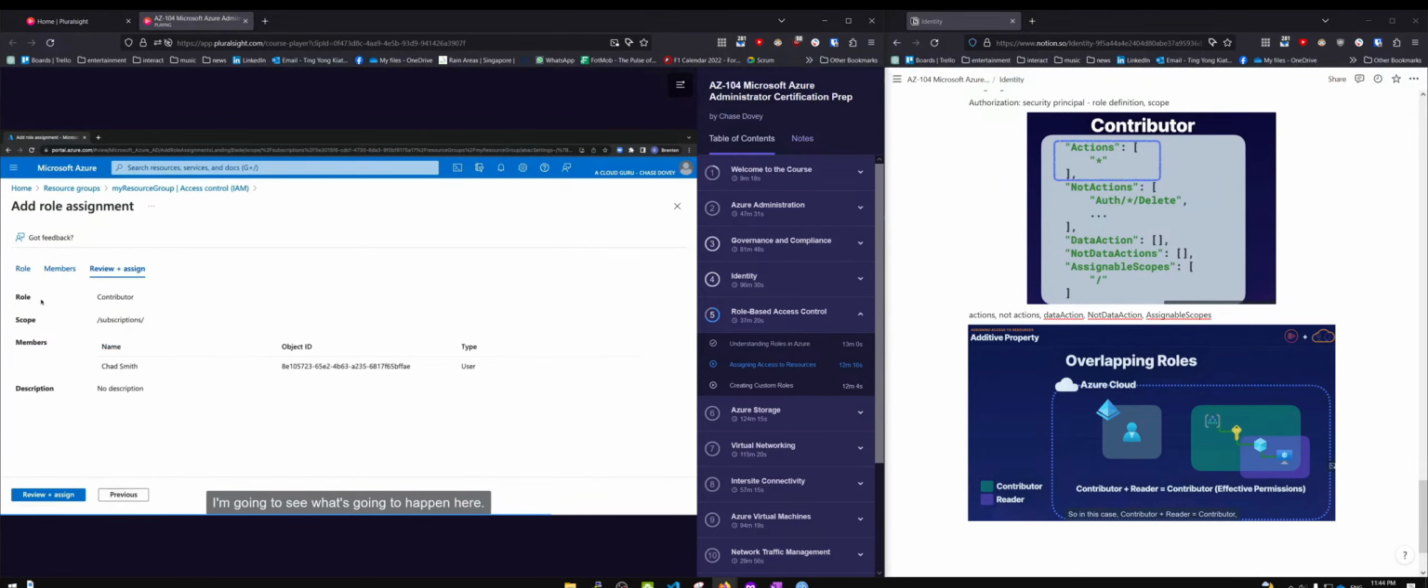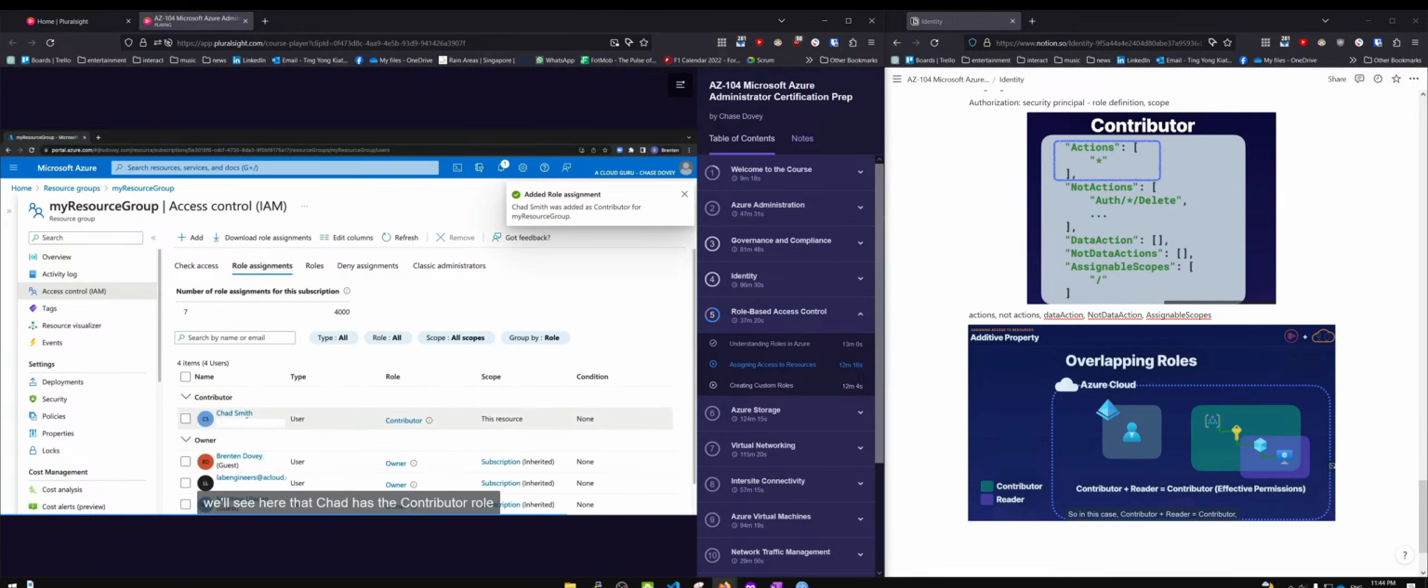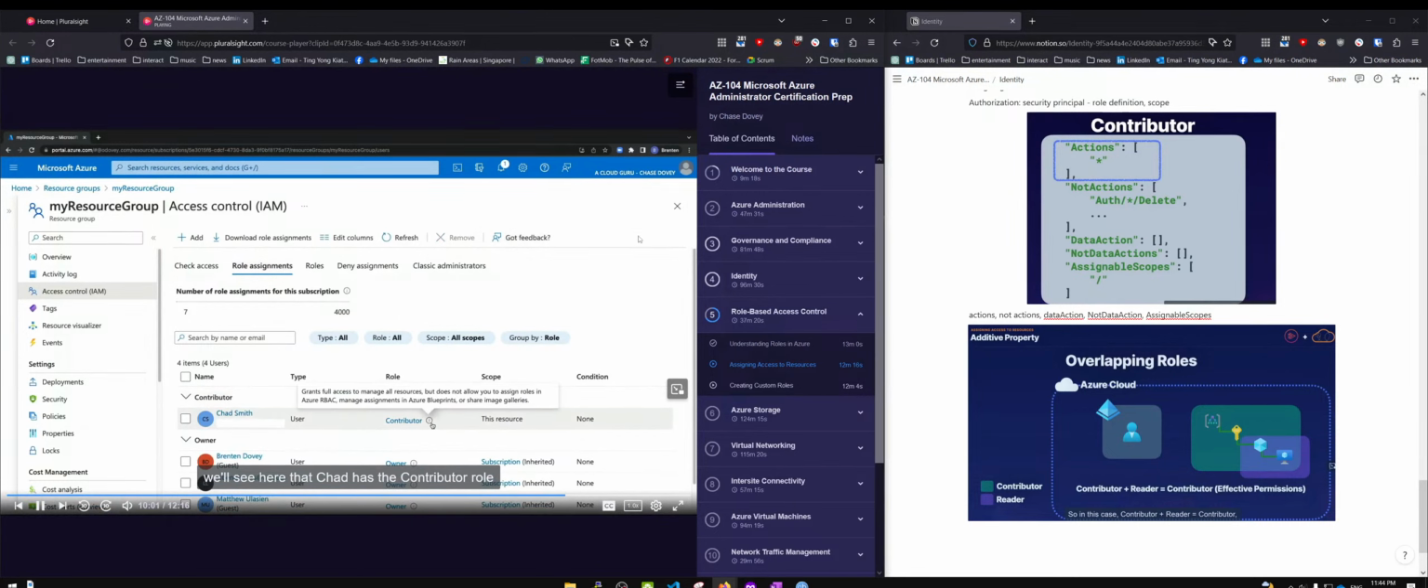I'm going to see what's going to happen here. We're assigning the contributor role at the scope of this resource group to this user, Chad Smith. So we'll click Review and Assign here, and it's going to make this role assignment for us. So now, if we go to Role Assignments, we'll see here that Chad has the contributor role assignment at the